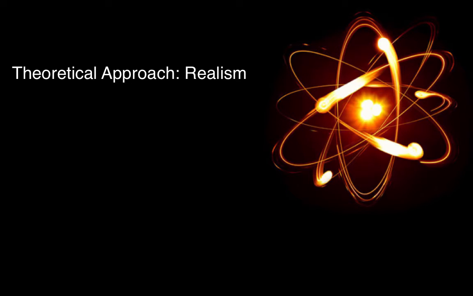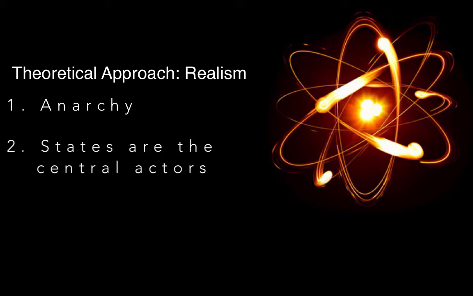So there are four main assumptions in realism. Number one, there is anarchy. There's no world central ruler. Number two, states are the central actor. State governments run all these worldwide organizations. They will not focus on NGOs. They will not focus on IGOs because those are just small groups that are created by states or by non-state actors. Therefore, they are not the ones that hold the nuclear weapons or the tanks or the guns.